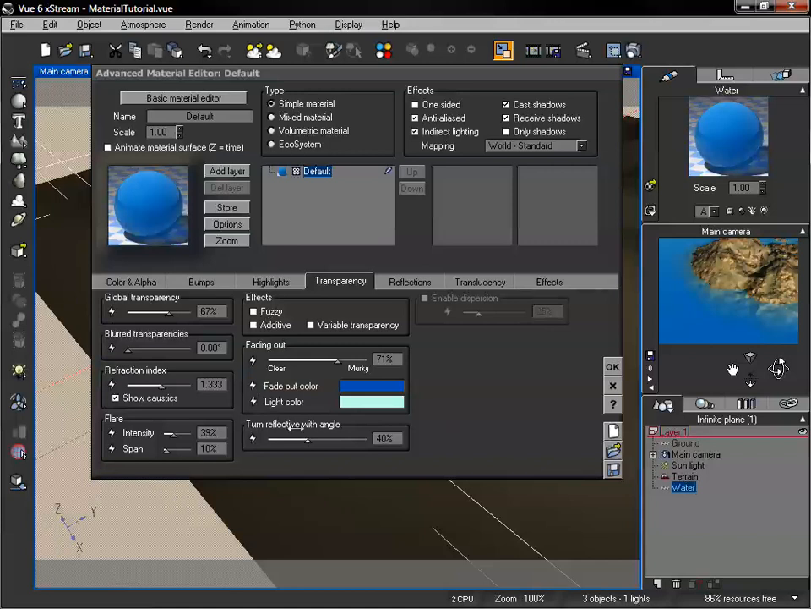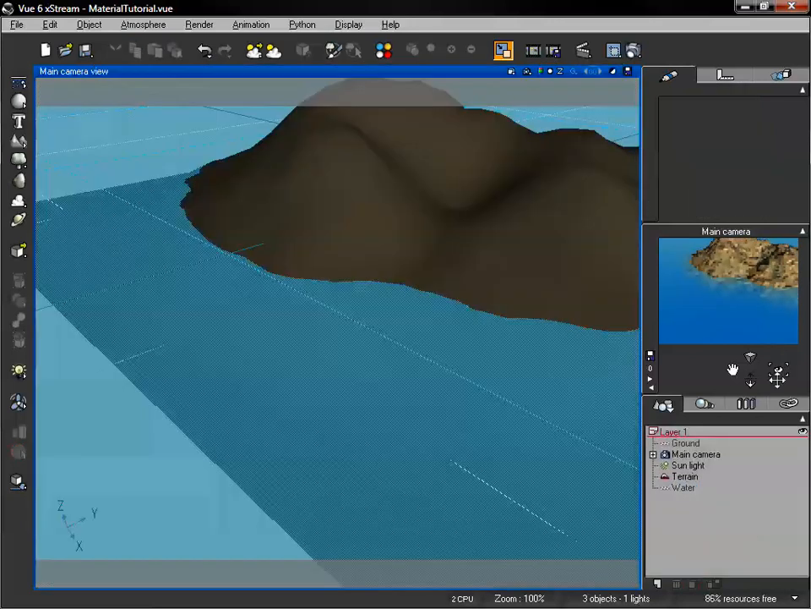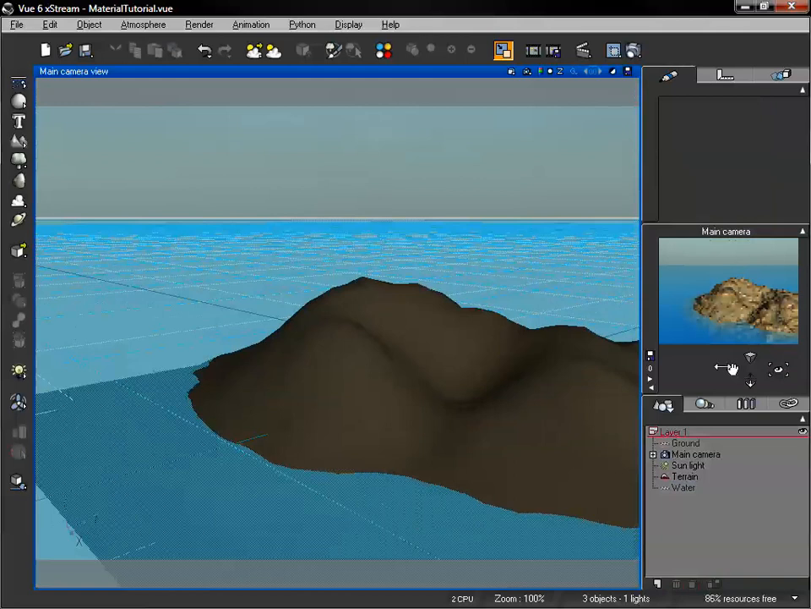Our next option is our turn reflective with angle. Many different types of materials and things in real life are slightly reflective when they are viewed at specific angles. 40% is usually pretty good for water, and basically when we're looking at this water from above, we're not going to notice any reflection. But as we look at it, I'm just going to click out of this and readjust our camera,